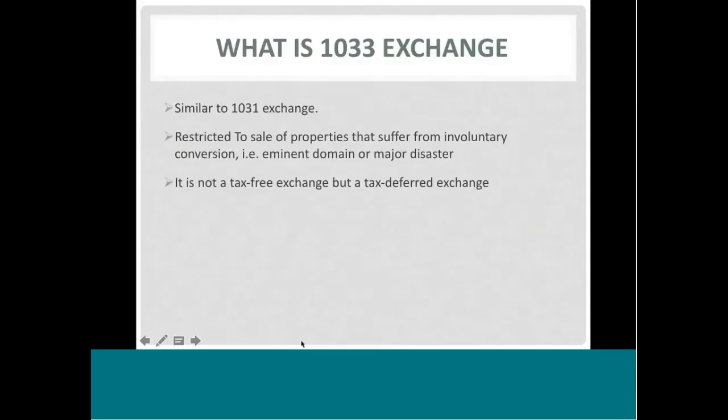What is a 1033 exchange? A 1033 exchange is very similar to a 1031 exchange in that it allows a taxpayer to defer any capital gain from a property that was